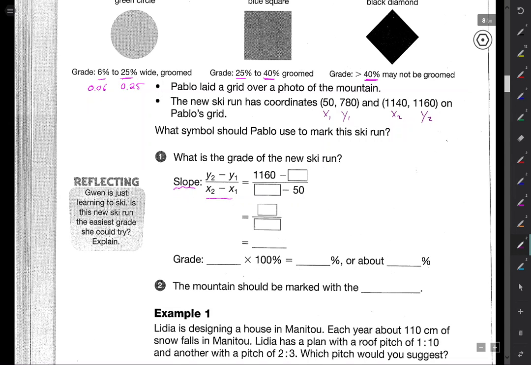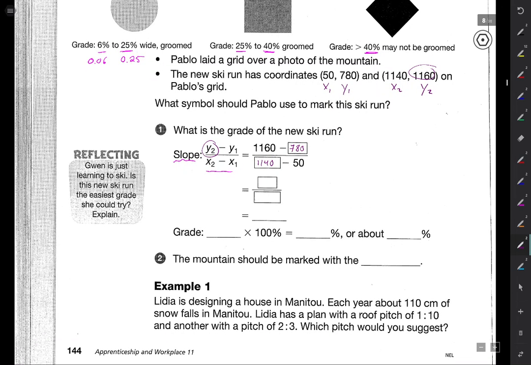Now I'm going to plug the numbers into the formula. You'll notice that y2 is 1,160, so that's why they put that here. And in y1 we have 780. For x2 we have 1,140, and x1 we have 50. So 1,140 minus 50. Now let's actually calculate these. 1,160 minus 780 is equal to 380. And then for the bottom, 1,140 minus 50 is